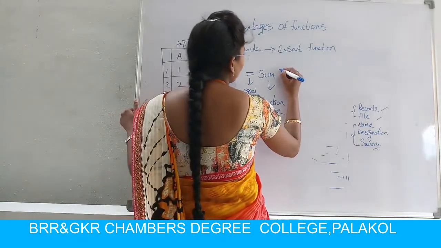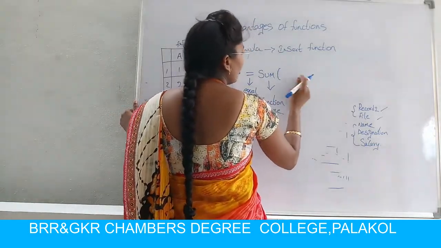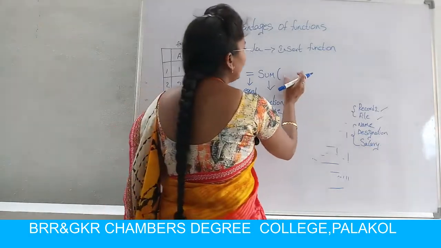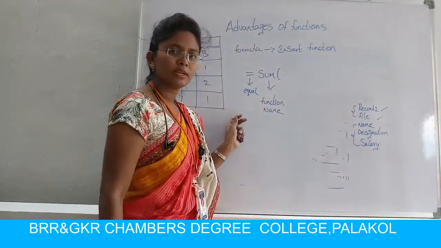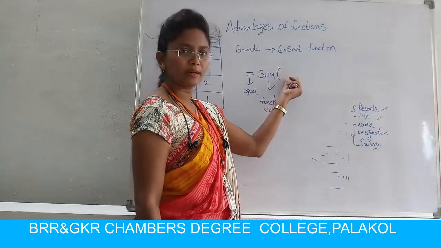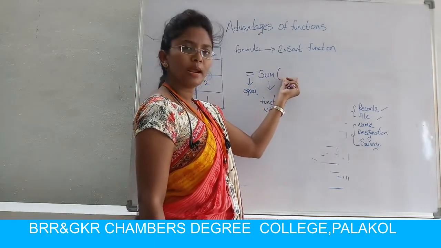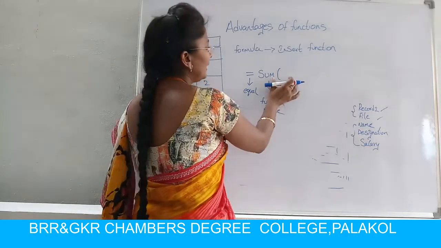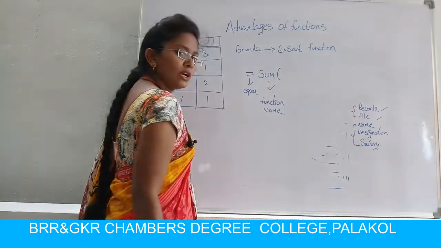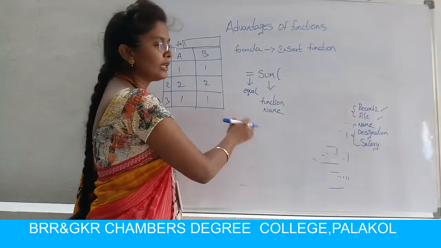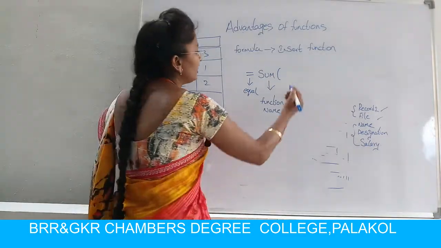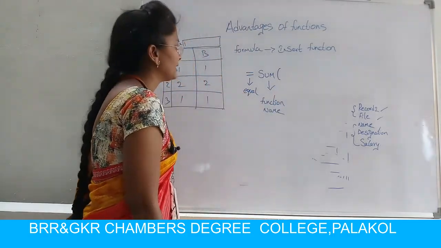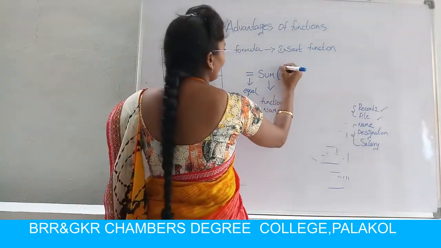And then I am using brackets. I am using these brackets because I have to enter some cell reference IDs within the brackets. If I do not enter the brackets in the formula bar, it will display an error. It will take it as data only, not as a formula. For writing the reference IDs, I am creating one bracket, and after this is the open one.